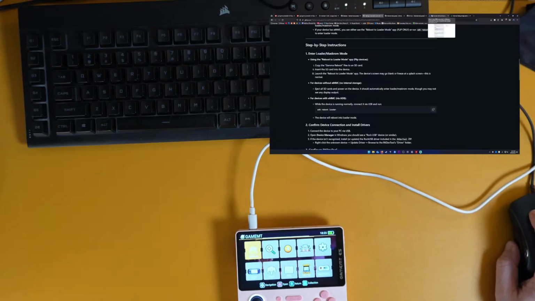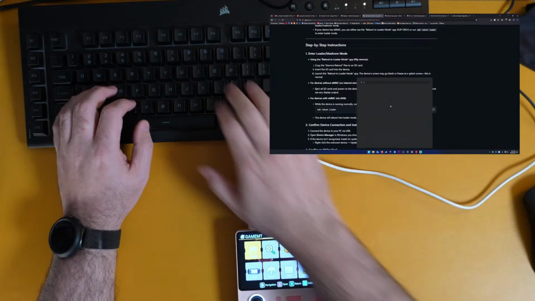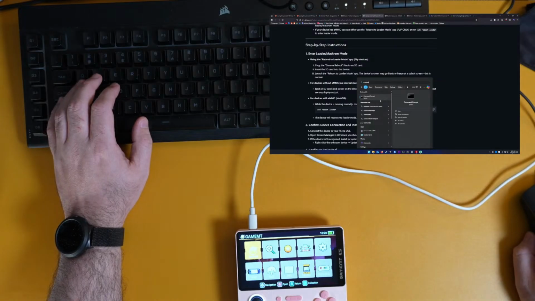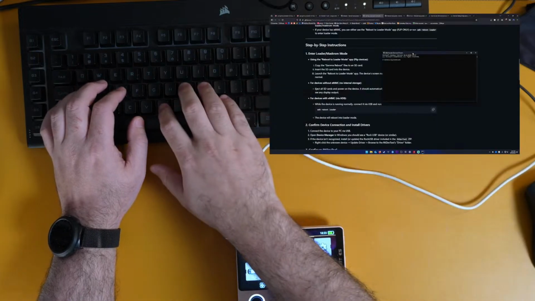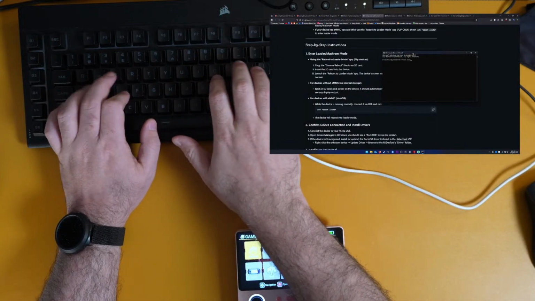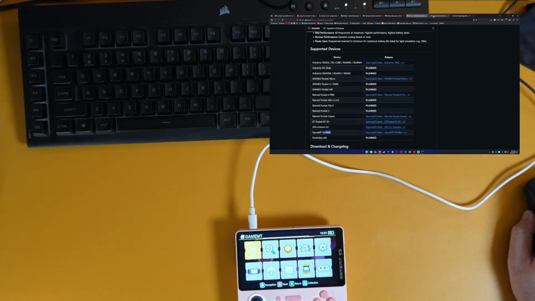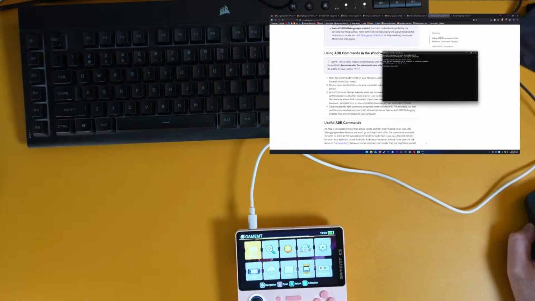Going back here, it says while the device is running normally, connected via USB and run. Okay, so we'll do command prompt again. I wonder if I need to run it as an administrator. We'll try that. And then I'm gonna run ADB reboot loader. Nah, I'm doing something wrong. Open the command prompt on your Windows computer. So maybe